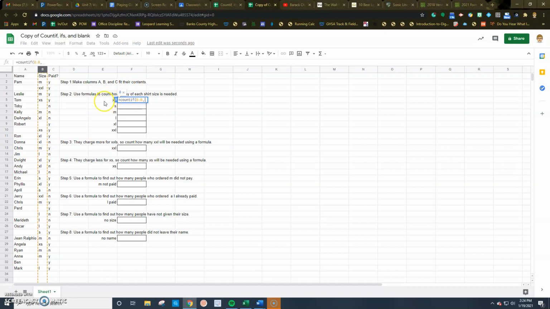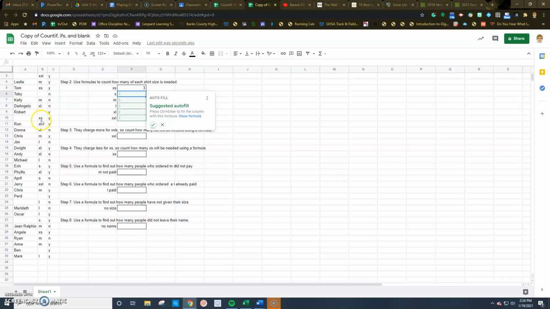Since there's an XS in this cell, I should be able to just click that, and then close my parentheses, hit enter, and now I see that there's 3 extra smalls. And just to check this one, 1, 2,